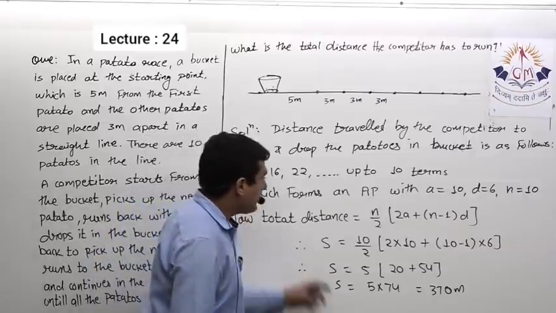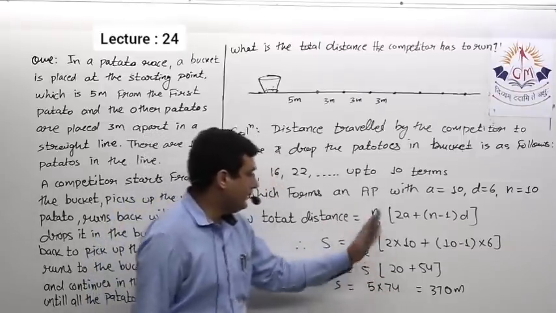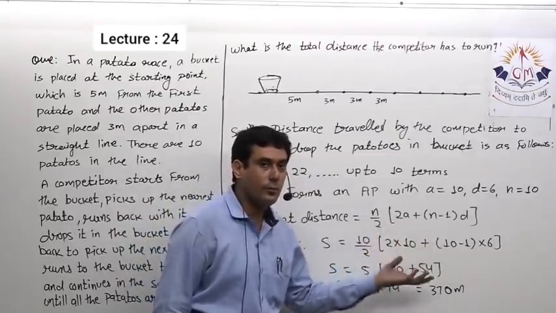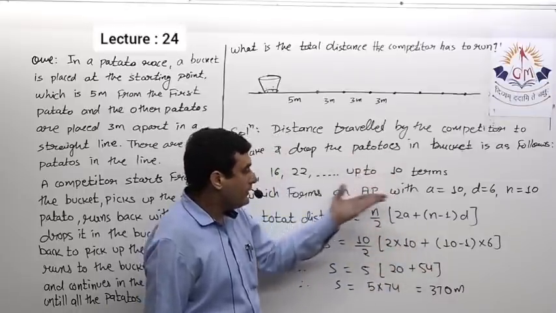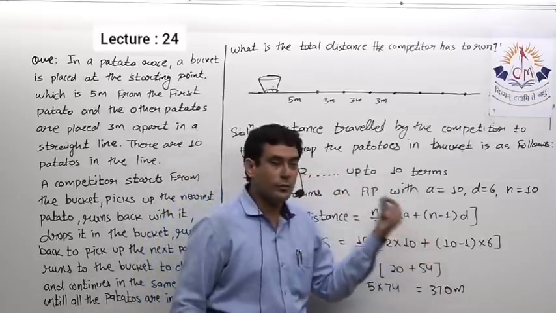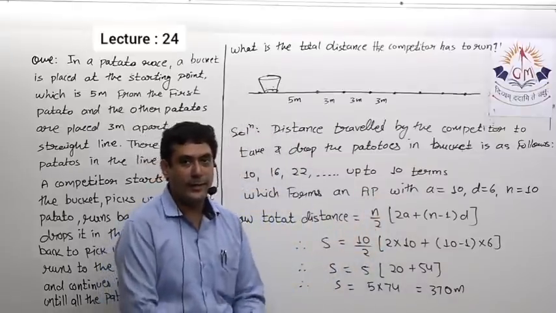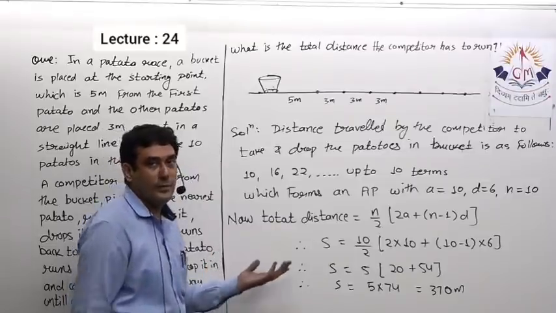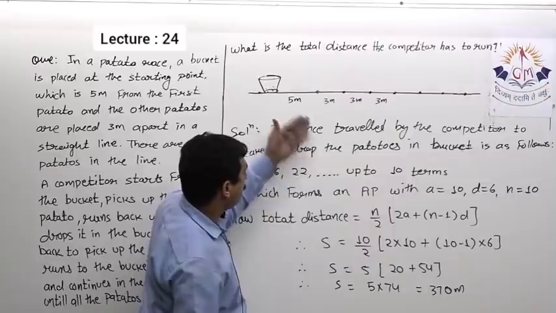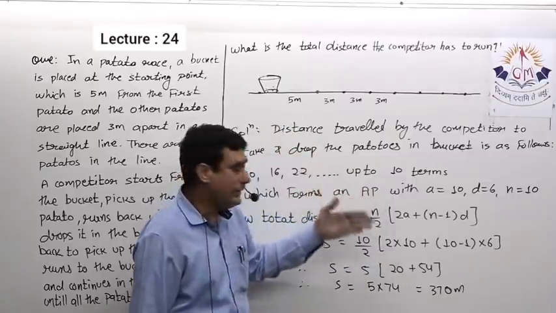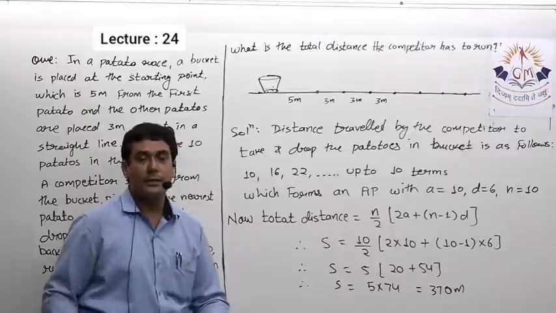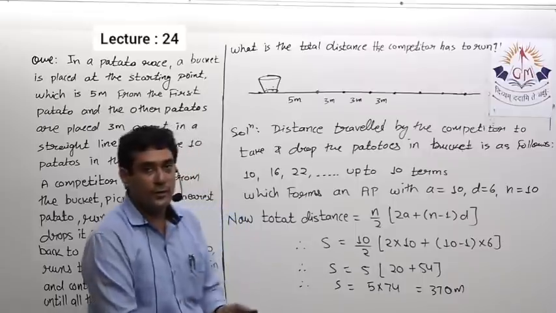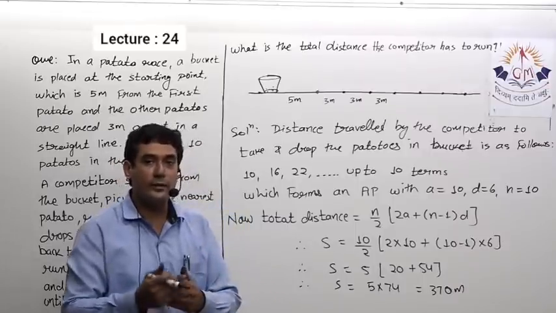Okay, I'm explaining once again. See, this is not a big deal. We know how to find the sum. If we have a, d and n, it is just about putting the values in the formula. The only thing is fetching these values from the question, that is, what will be a, what will be d, what will be n, and so on. And the most important thing is to obtain what we have to find. Here definitely we are solving questions related to the sum of n terms, so it's very clear. But when you get this type of question in your exam, it won't be given to you whether you have to find the nth term or the sum of n terms.